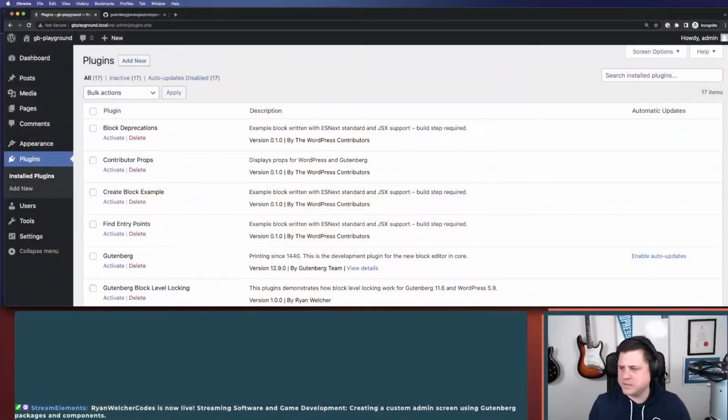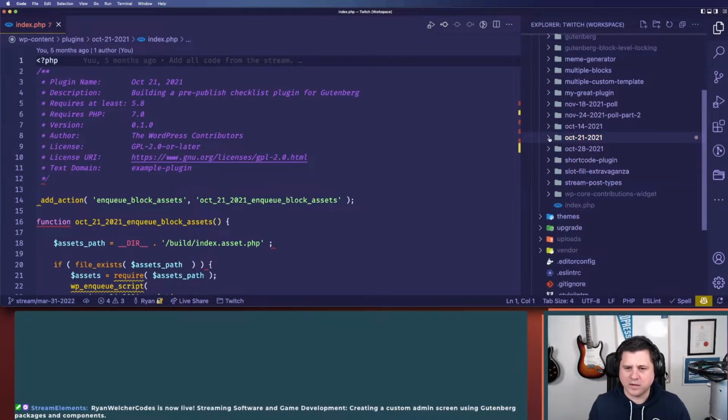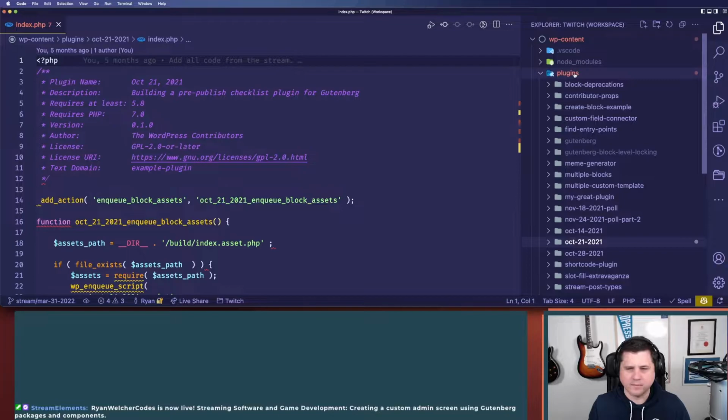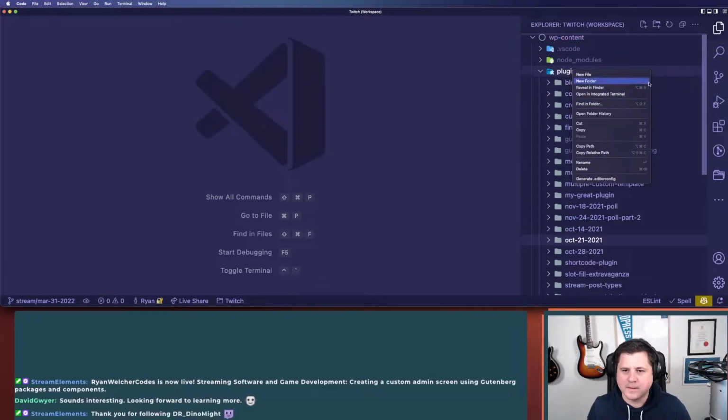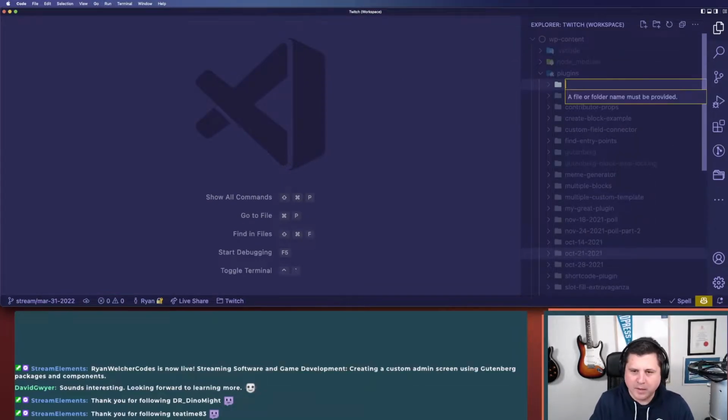Cool. So I'm going to start a brand new plugin. Typically what I would do here is use the create block package, but we're not actually building any blocks. We're just going to manually do this. So I'm going to close this, and create a new folder. I'm going to call this